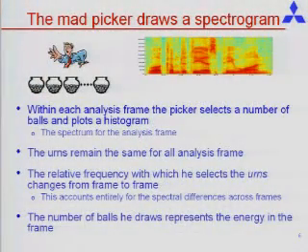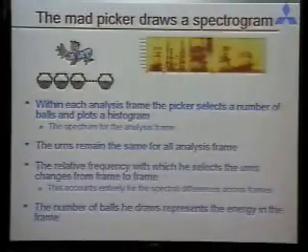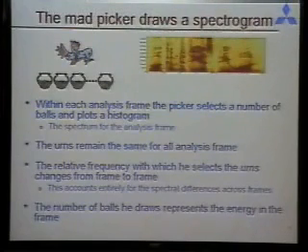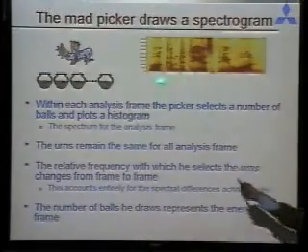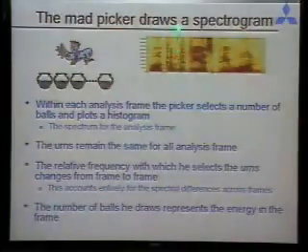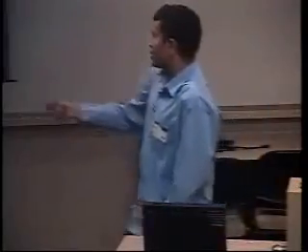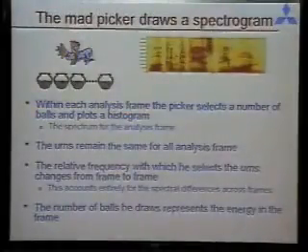But where things get interesting is when we look at how the person actually generates an entire spectrogram. Now, according to our model, the person has a number of urns with frequency-marked balls in them. And in each time analysis frame, now, before we begin, what exactly is a spectrogram? We know it's time along the x-axis, frequency along the y-axis, and every vertical slice actually represents one spectrum, which has been computed from one analysis frame. The color represents the height of the spectrum, of course. So according to this model, within each analysis window, what the person does is draw a number of balls from the urns and plot the histogram.